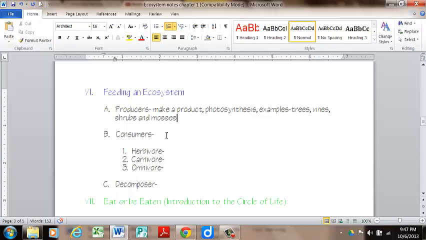Let's go on and read about consumers on page D19. Organisms that obtain energy by eating other organisms are called producers. I'm sorry, scratch that. They're called consumers. Let's copy that sentence into our notes. So consumers are organisms